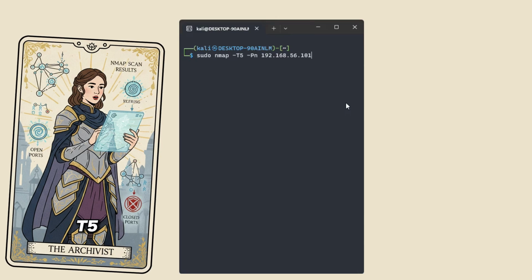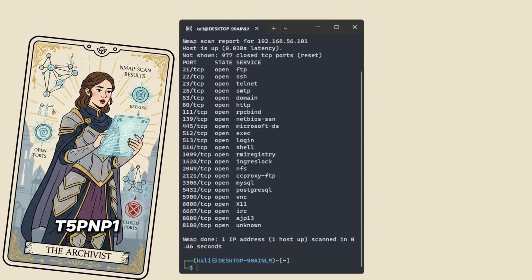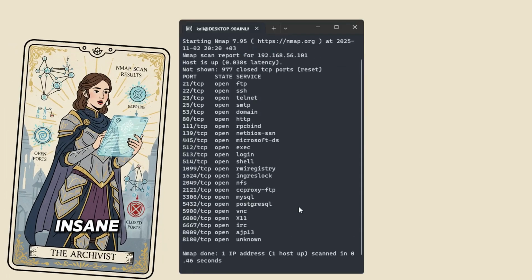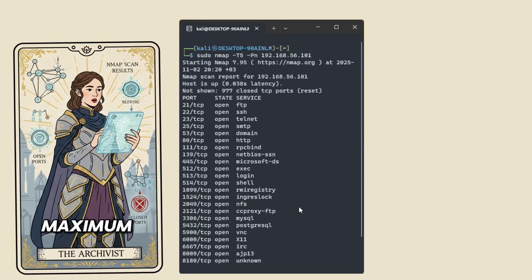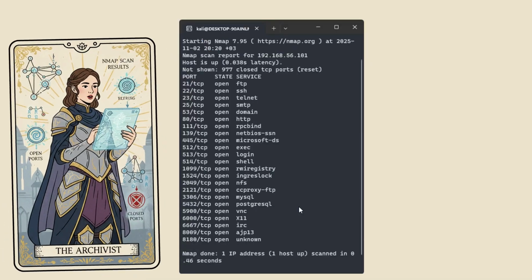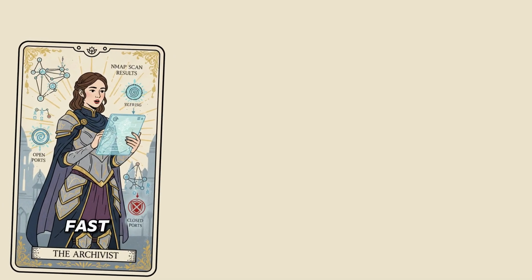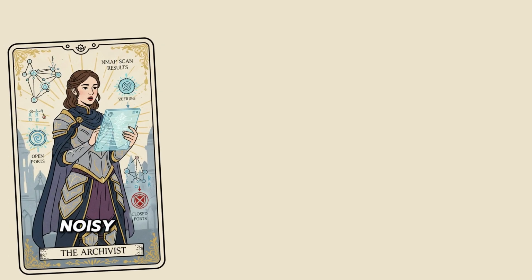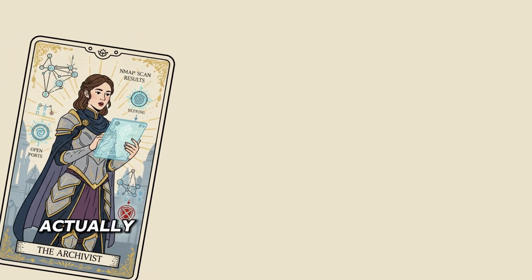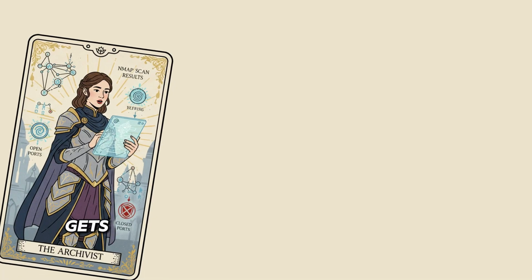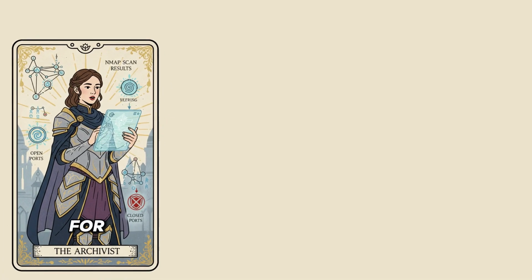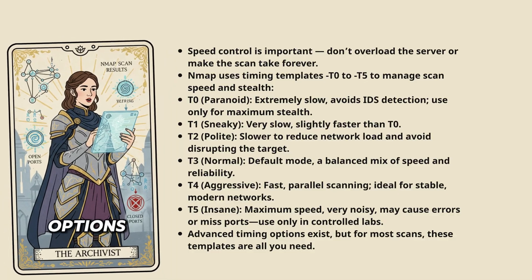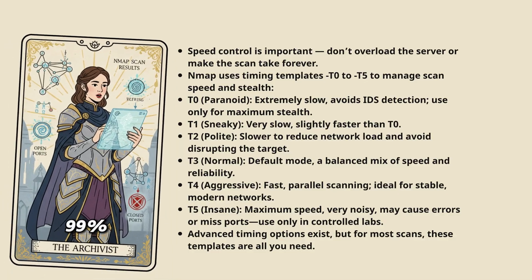And finally, T5. sudo nmap -T5 -Pn -p 1-500 your-IP. T5 is insane mode. This is maximum speed, minimal waits. Use this only on very fast networks you control, like in your own lab. It's noisy, and it can be so fast that it actually misses open ports or gets a lot of errors. And for the real pros, you can get even more granular with advanced timing options. But for 99% of your scans,